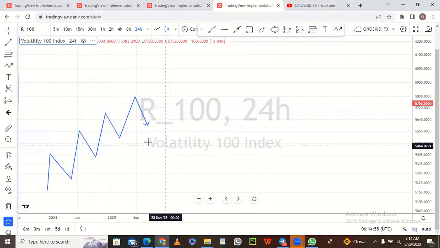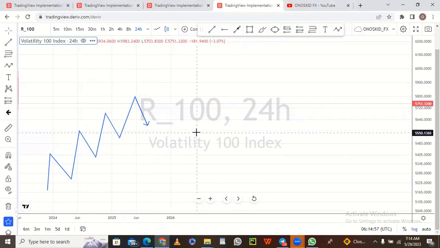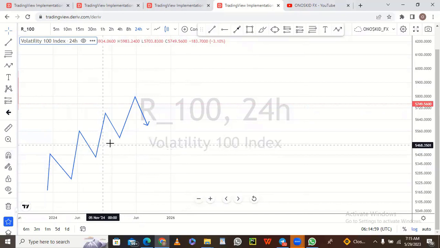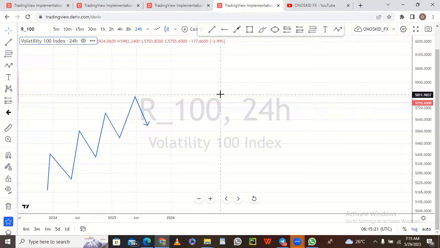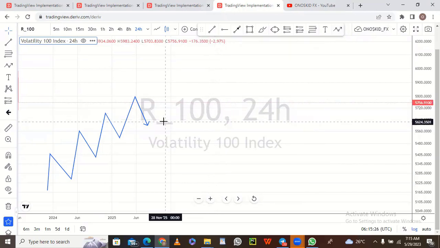So if you identify that, okay, this market is bullish, what then are you looking for? Remember, in identifying your market phase, whether a bullish phase or bearish phase, you have to go to the higher time frame. As a day trader, for me personally, I look at the daily and the 4-hour for my main trend. So you have to look for the ones that work for you, but make sure you're looking at your market trend or your market